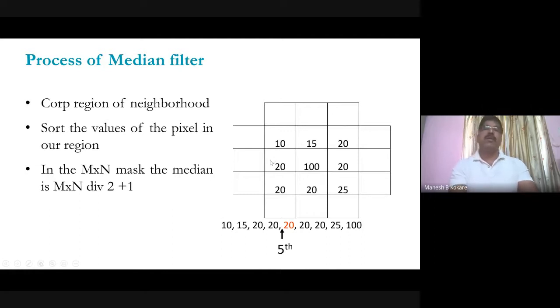Now what you do in median filtering is arrange the pixels in ascending order. For the 3 by 3 window, 9 pixels are there. So the ascending order of intensity will be 10, 15, 20, 20, 20, 20, 20, 25 and 100. This pixel will be replaced with the median value, which is coming as 20. So after filtering, this 100 will be replaced with 20. Means you are removing the noise, and you can see the result also, that you are not going to blur the edges, and so on.